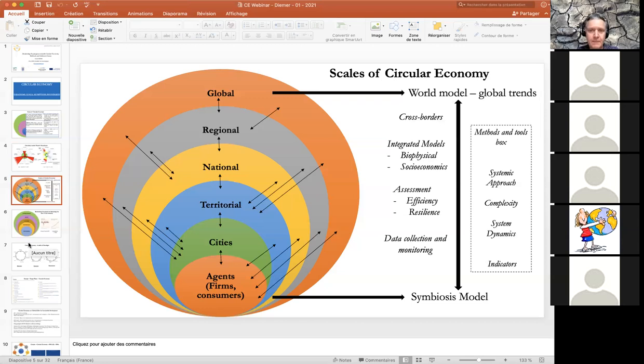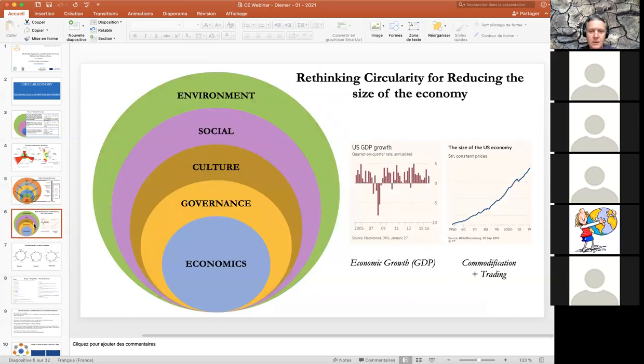I mean, if we are inside the concept or maybe the paradigm of circular economy, it means you imagine a new economy. But the question is not to imagine a new economy, it's to talk about circularity. And I still believe that if you do this, you have no choice. If you have to measure circularity, you have to rethink circularity on the economic side. And I still believe that the only way to do that is reducing the size of the economy.